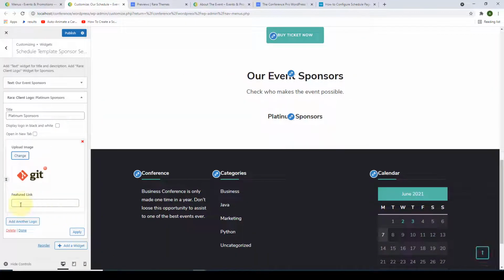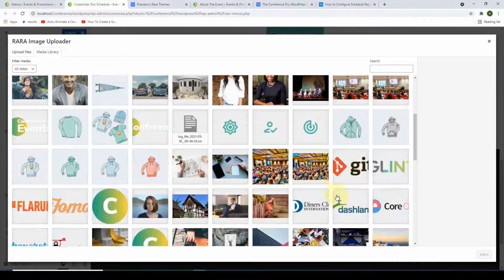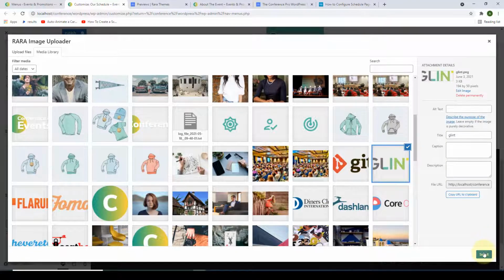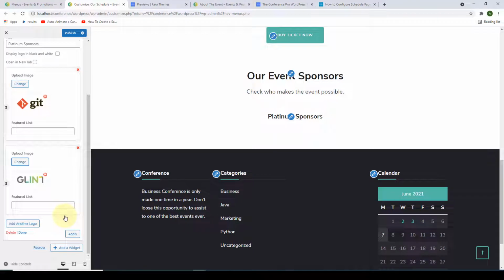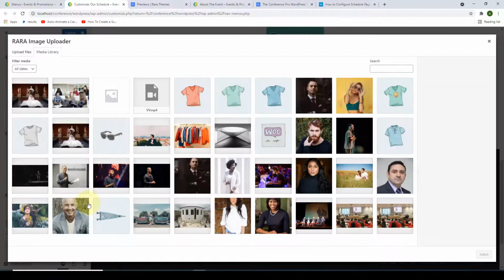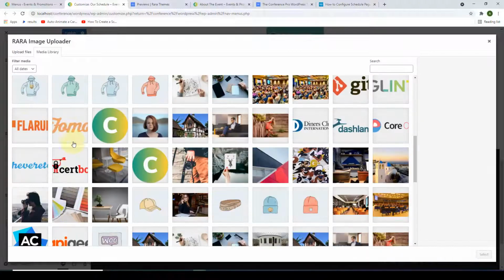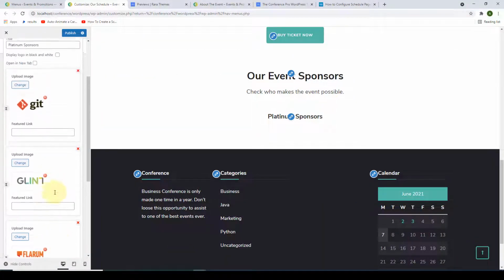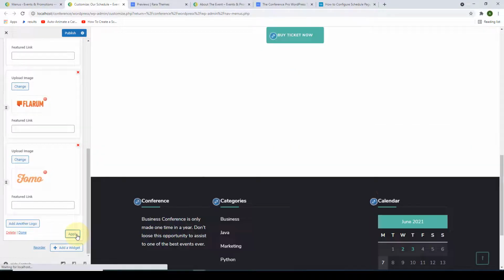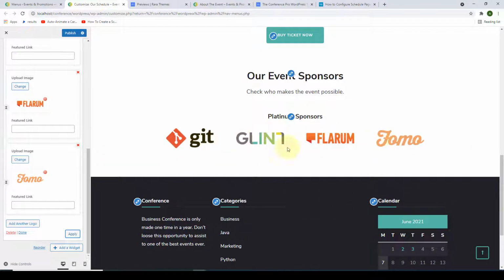Click on Select. Inside of the featured link box, you can add in the link to the page or the post where your visitors will land on when they click on your sponsor image that you have added here. You can also leave it out if you don't want to add in the link. To add in more logos, click on Add another logo. Click on Upload. Select another logo, click on Select, and you can keep on adding more logos like this. Now, following the same process, keep on adding more logos. After you have finished adding all of the logos, click on Apply, and here your client or sponsor logos have